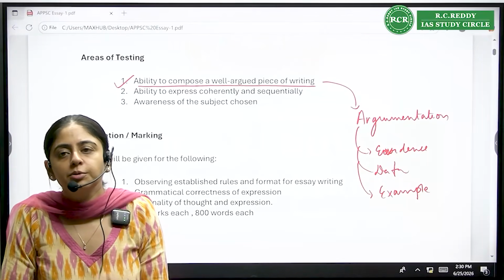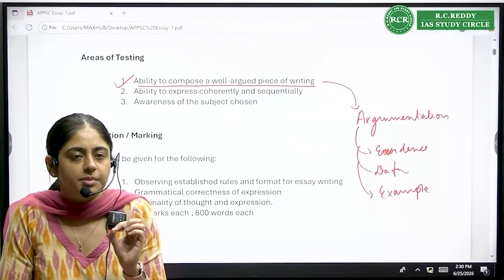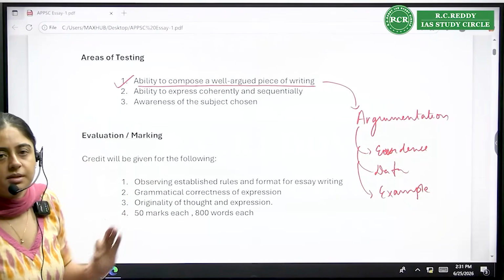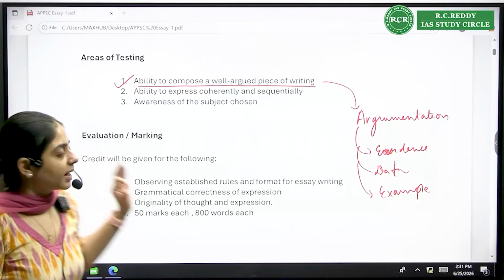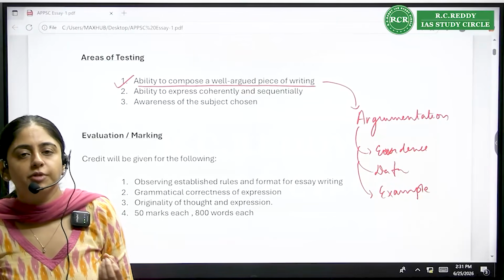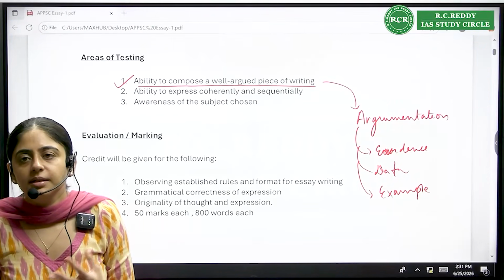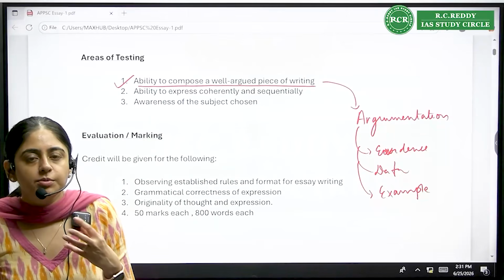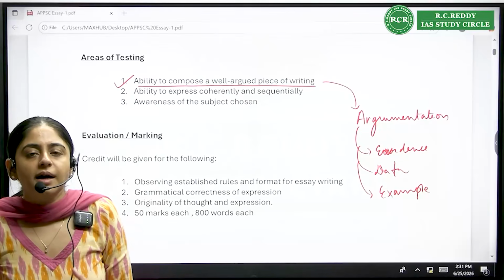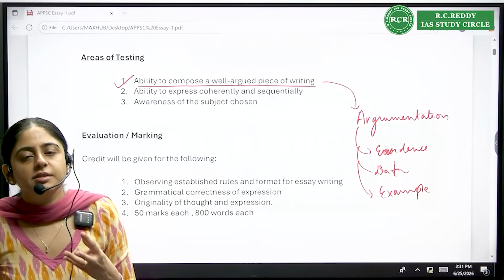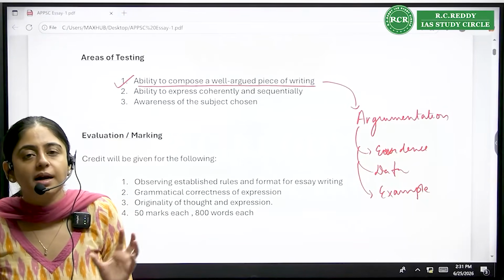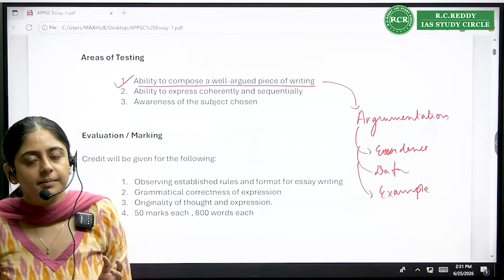You have to get it into the mind of the APPSC examiner, the paper setter, and also the person who will be evaluating, because the evaluator will get the same instructions, right? So when you are writing an essay, examples or evidences in the form of data, certain statistics, or some news that has come up, or some committee report, you need to have that particular evidence with you. Otherwise, it is just a statement. It's not a well-argued piece of writing, right?